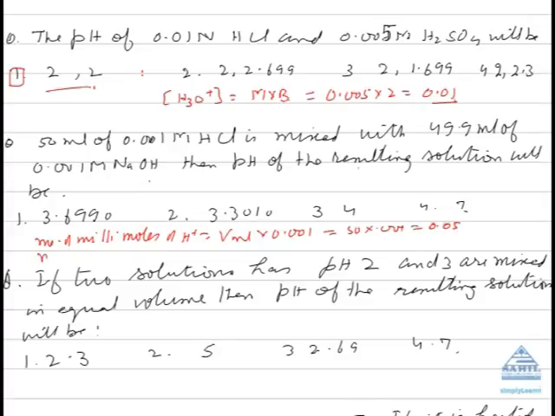In the same way, number of millimoles of OH ions, which is again volume in milliliter into molarity into basicity, which is equal to 49.9 into 0.001 means